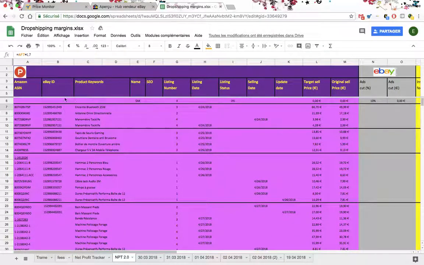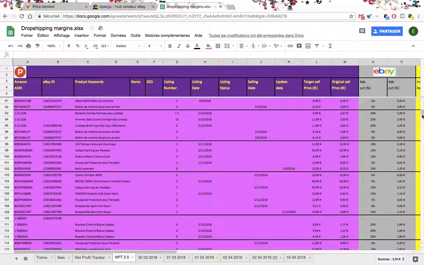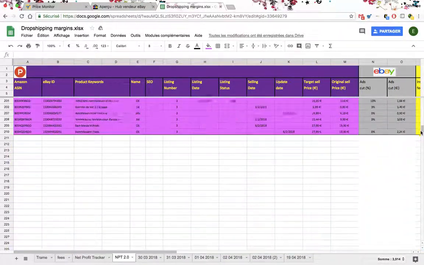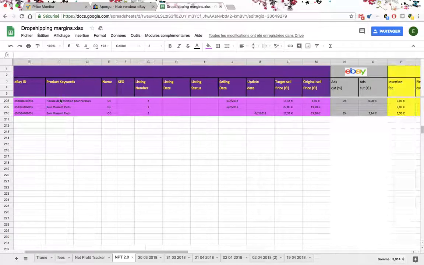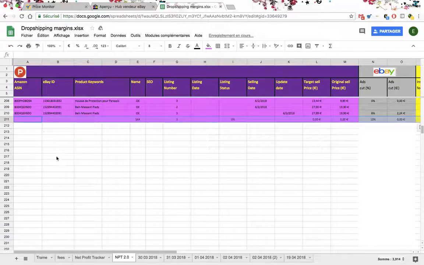Then, the first step to do is to scroll up so you can get to this model line here, which is line number 6. Then you click on number 6 and you copy, Control C. Afterwards, you will scroll down manually to the last line. For example, here 211, you click on 211 and you paste it,